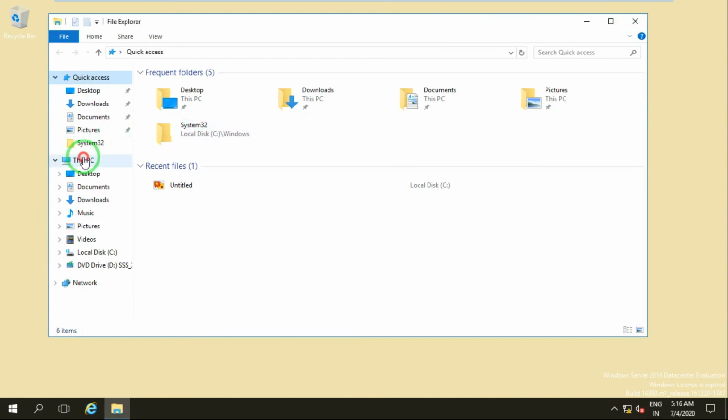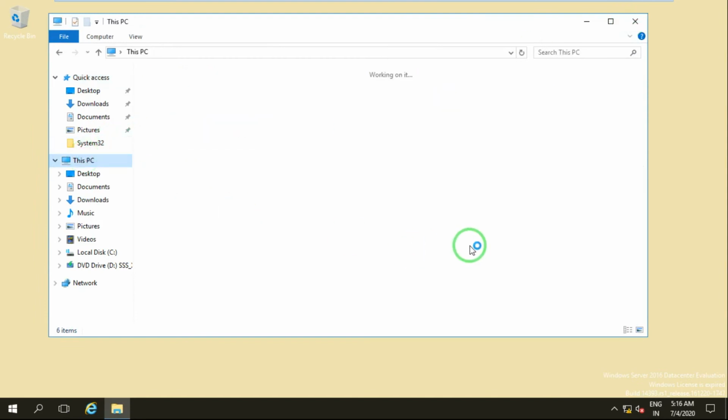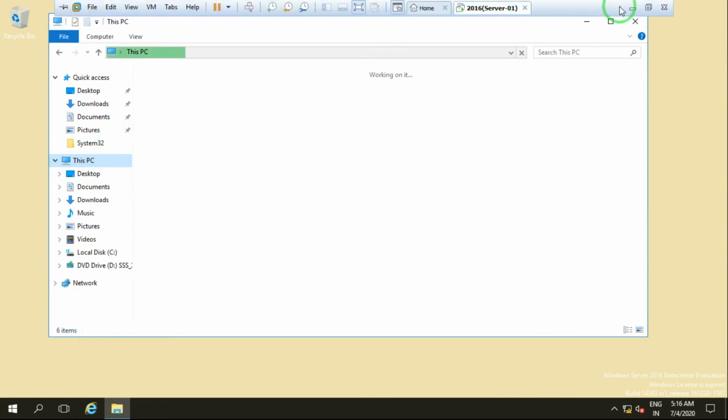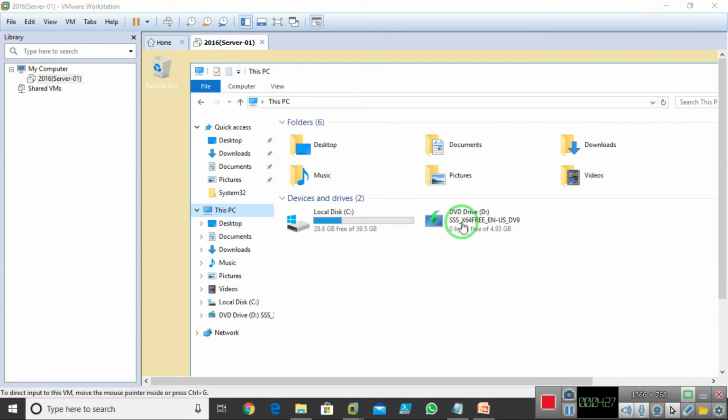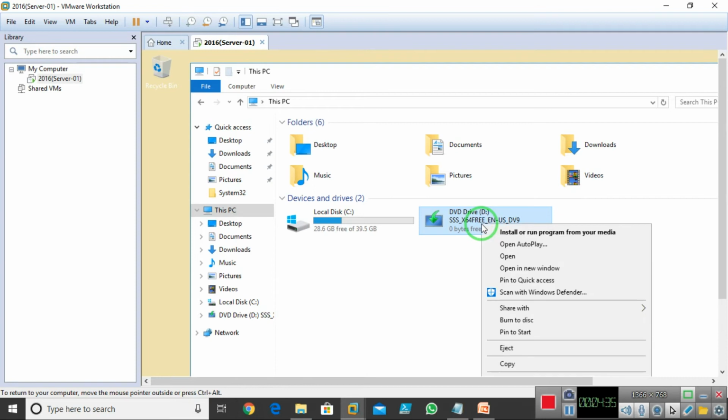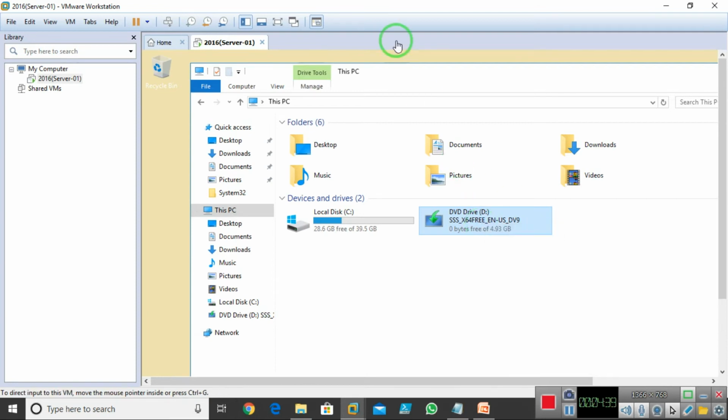I open This PC, and as you can see, I inserted the Server 2019 image. I right click on it and go to auto run, or choose install and run the program from media. Just click on that, so it auto runs the DVD.